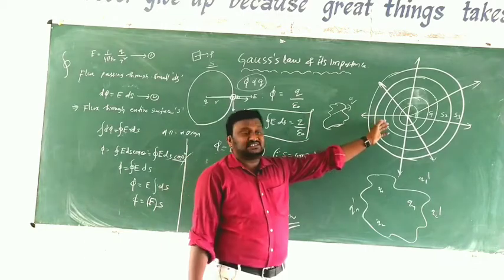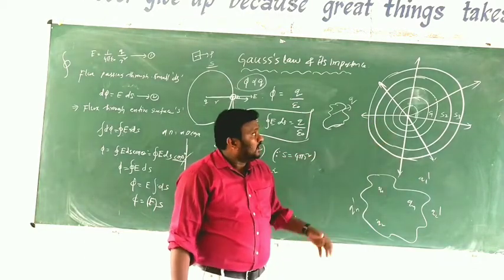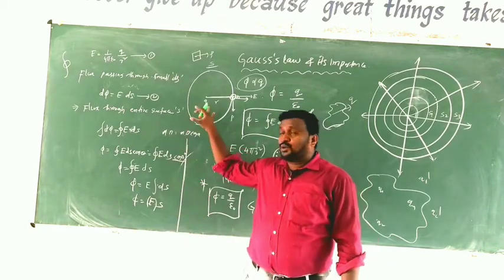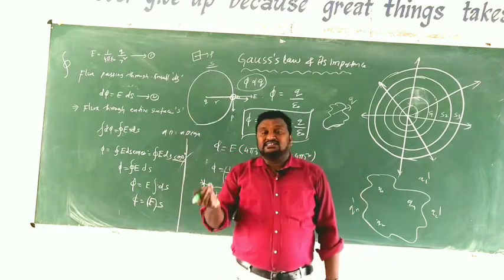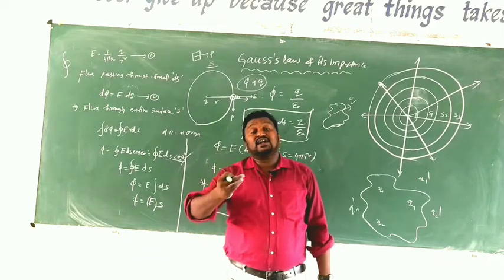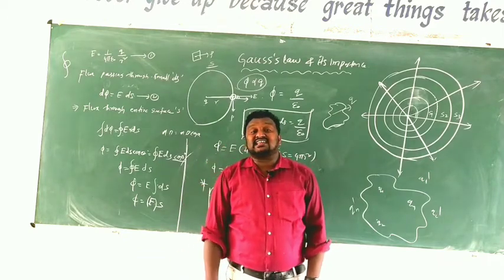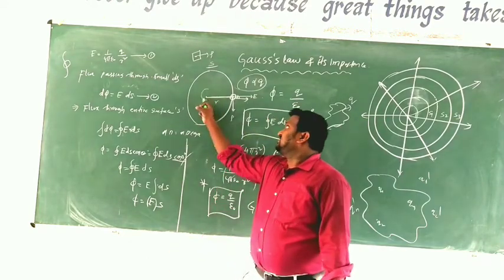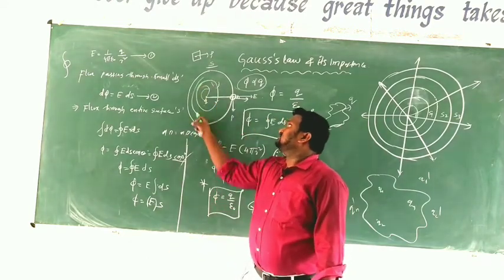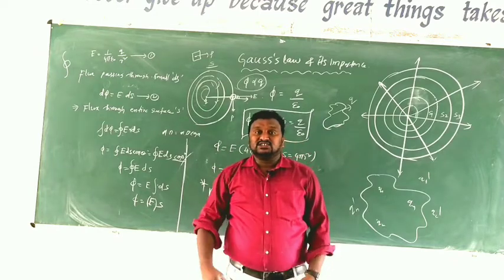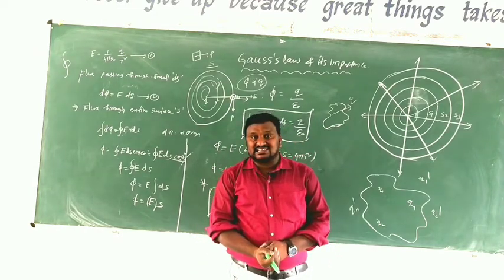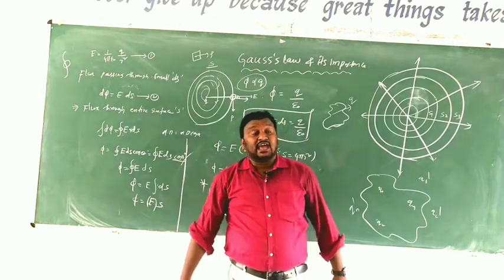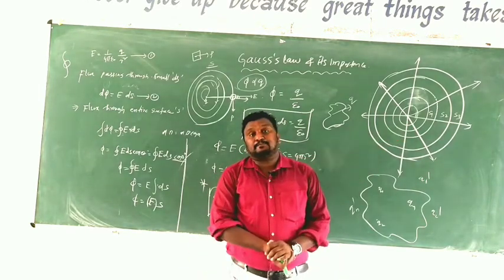And here there is one diagram. Look here. This is the closed surface we have taken. That closed surface should be divided into a number of concentric circles. That means it should be split like this. We are taking so many concentric circles. Then the flux passing through every surface is the same.